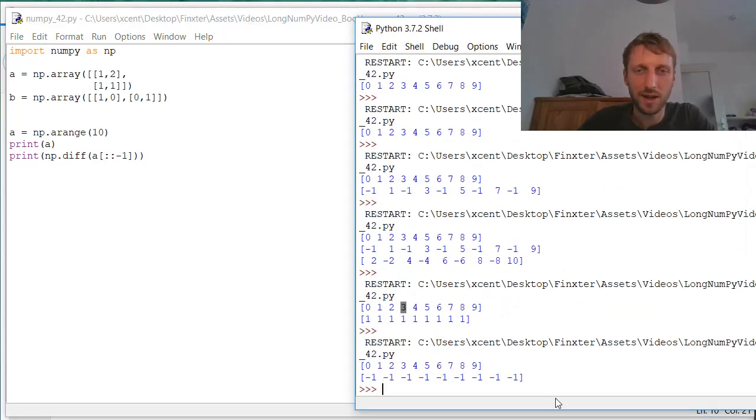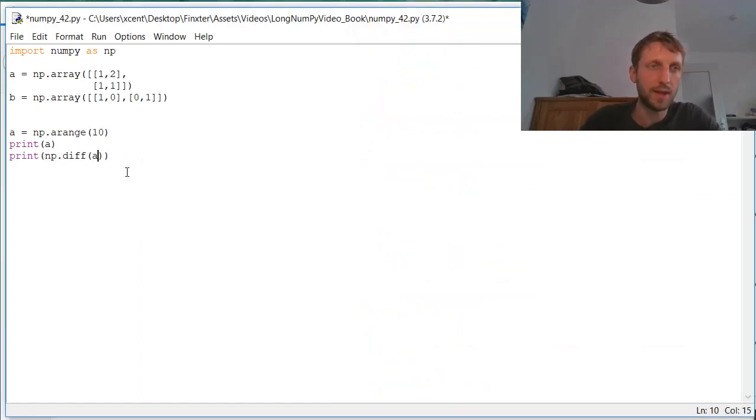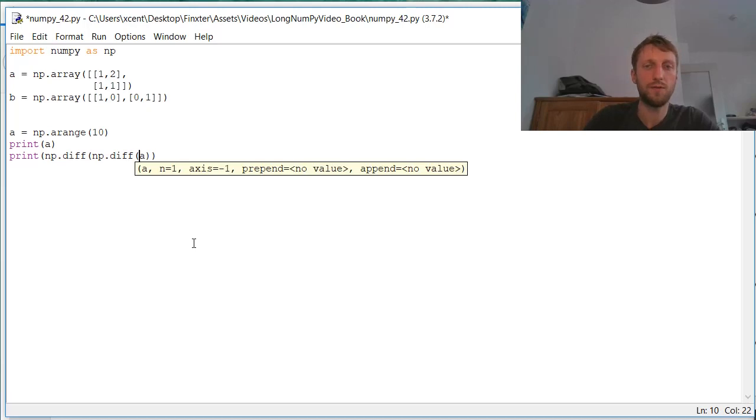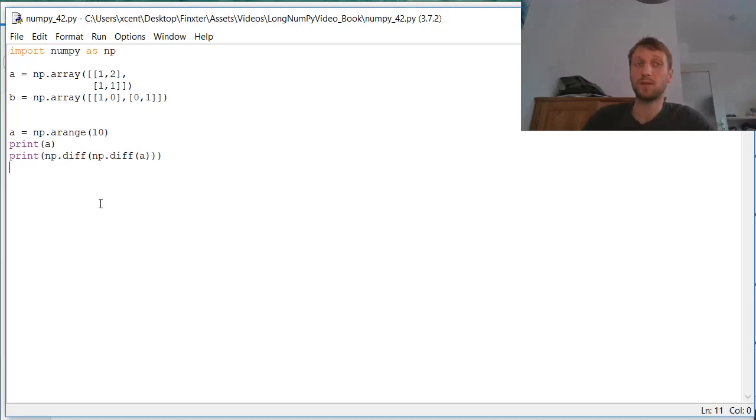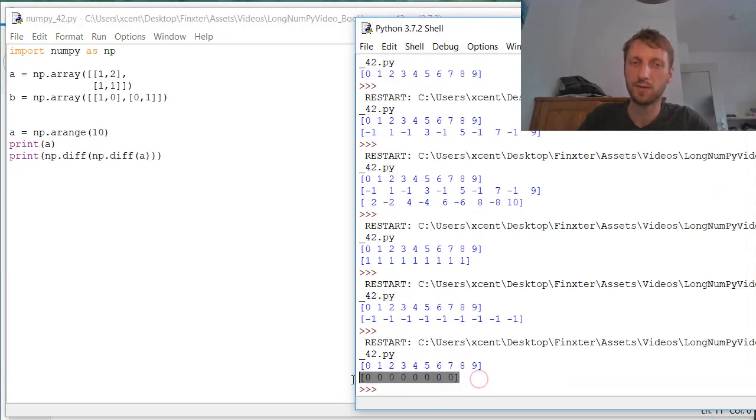Exactly, it will be a sequence of -1s. Okay, and then we can also do the following. We can calculate the diff and the diff of a diff function. So what does this do basically? We have the original array, we calculate the diff, which was an array of 1s, and now we calculate the diff again. Then it will be an array of 0s, yeah? So if you execute this, you will see it's an array of 0s, because